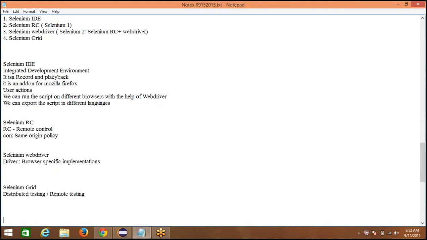Anyways, since you are novice users, I will teach Selenium IDE and the latest one, Selenium WebDriver, and I will also explain Selenium Grid, so that it will be useful to you.